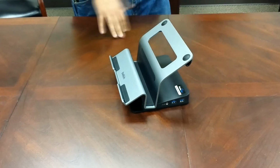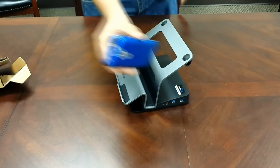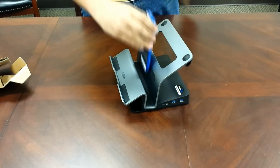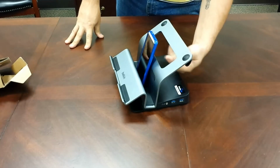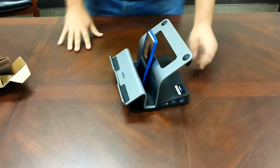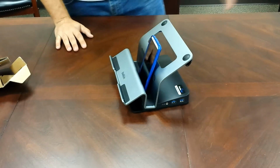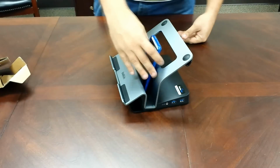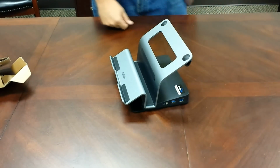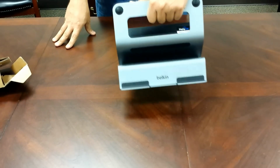Anyway, it's got this nifty little crevice in the bottom there. Imagine this is a larger tablet. It's actually my G2, and it will slide right in there. You can route it around and plug in your tablet wherever it might be in order to dock it while you're using multiple monitors on it, depending on the tablet. A lot of tablets don't have a USB input, but either way, this is a pretty cool plug-and-play display Belkin